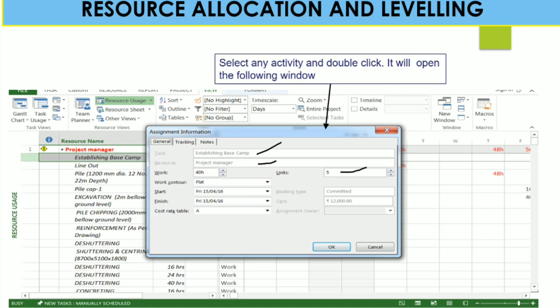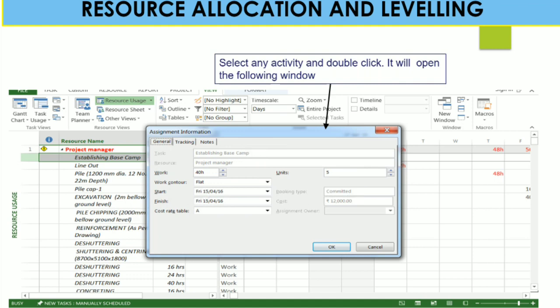Units shows that a total of 5 project managers have to work on establishing Basecamp. The start and finish of that activity are shown, and the cost rate table for their remuneration is table A. Here we can see that 12,000 is the cost for the project manager.